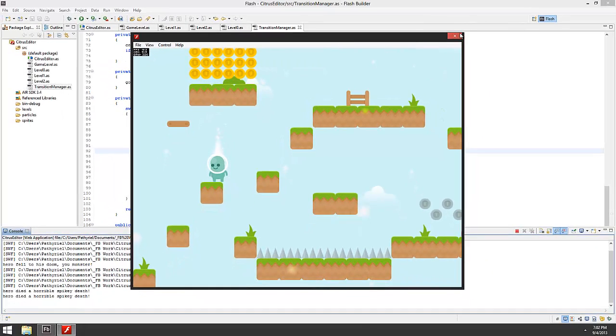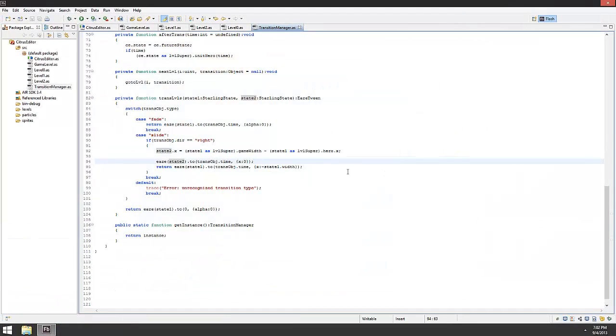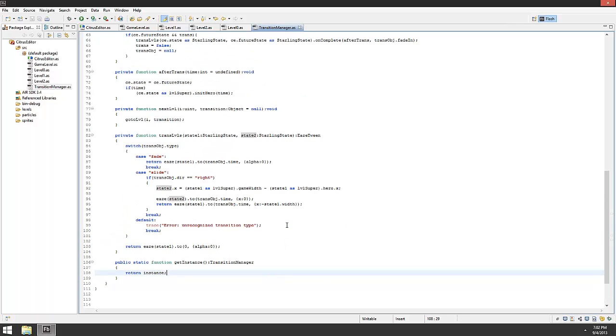That's how I do my level transitions there. Okay, so we can use all kinds of different easing to transition. You can affect your hero or whatever you want. So hopefully all that made sense, and